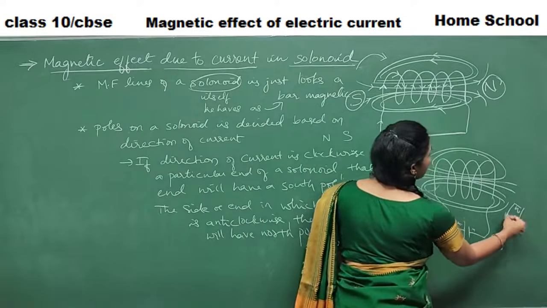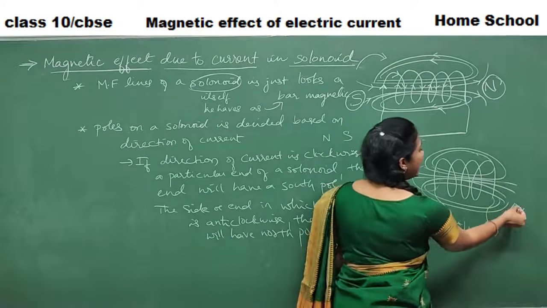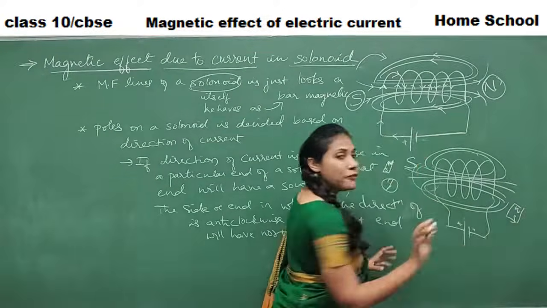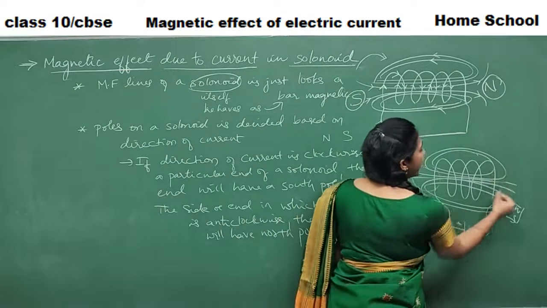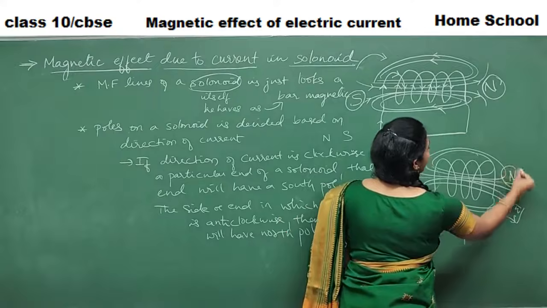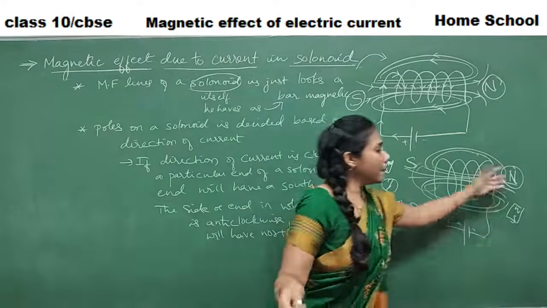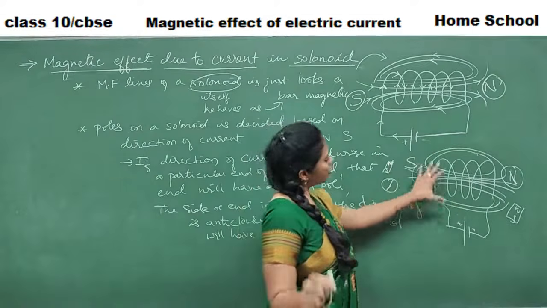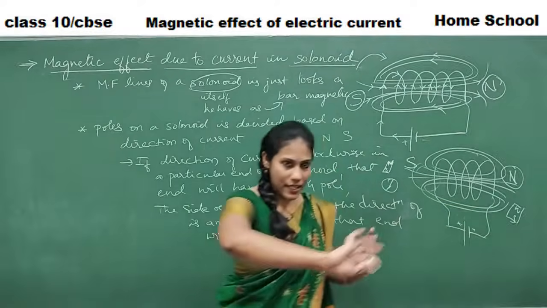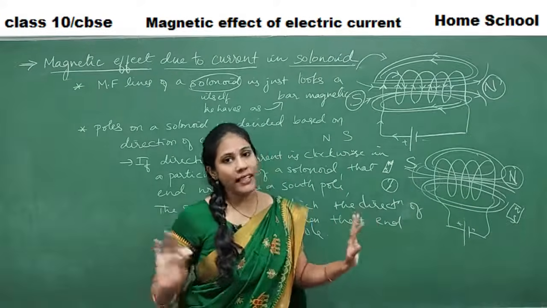Okay, north pole, south pole. Say if the poles are getting repelled, say if this bar magnet is going far and far away, that means repulsion is happening. Clearly you can say that this side of a solenoid is having a north pole. North pole, north pole. That's the reason maybe you are observing a repulsion. So by keeping a bar magnet, you are able to judge which side of a solenoid has a south pole and north pole, and also by using a compass needle you can judge.